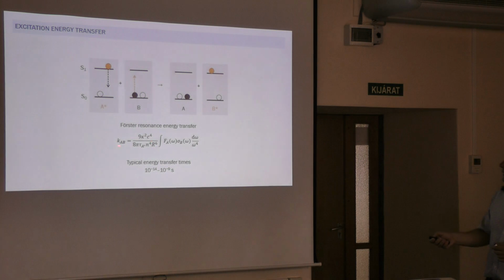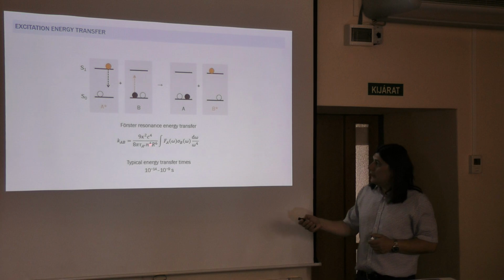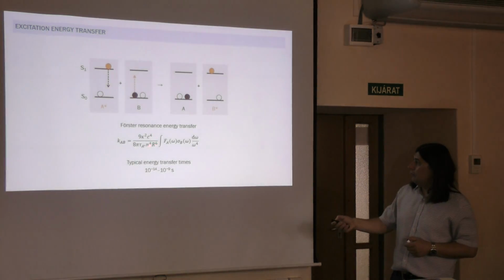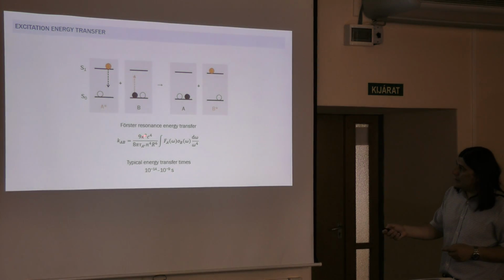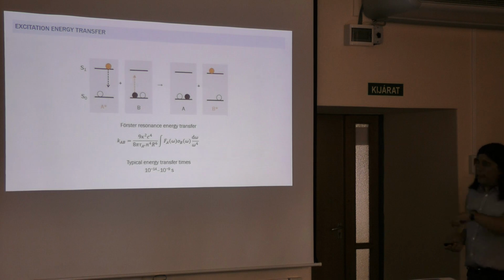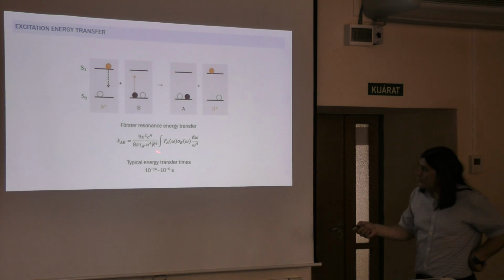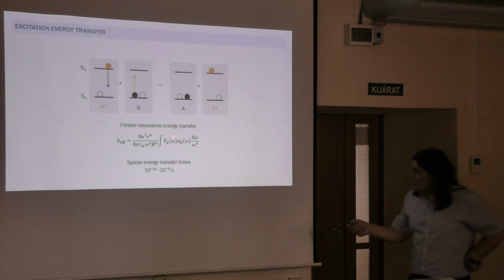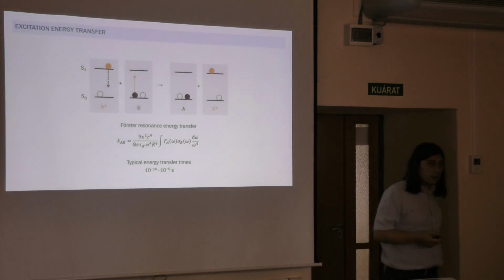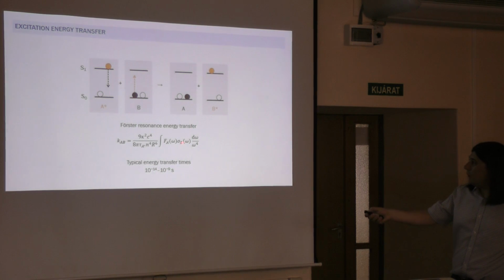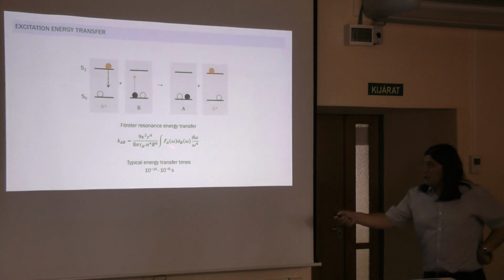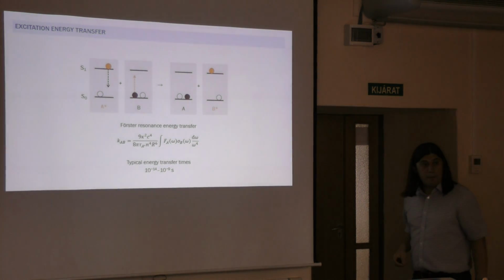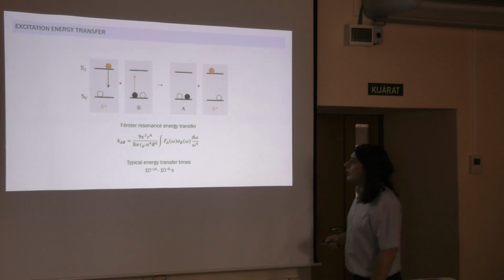This is the rate of energy transfer according to the Förster mechanism. It depends on the distance between the molecules, on the inverse power of 6. It depends on the orientation of the transition dipole moments here in the kappa. And it also depends on this term. What is here is the fluorescence emission of the donor. Here is the absorption spectrum of the acceptor, and the integral of this is the overlap integral of the two spectra. What does that